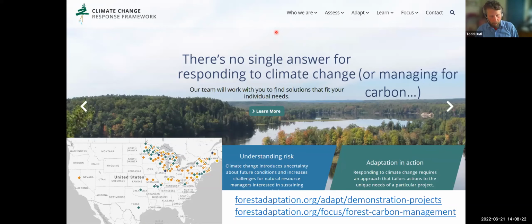And I put up in one of those slides, I mentioned the Climate Change Tree Atlas. And this is a tool that was developed and is maintained by the Forest Service, by the scientists with the Northern Research Station, that have done modeling to look at habitat suitability of different tree species. And this can be a really important way to be thinking about what tree species I might be interested in looking towards to plant, whether it's in an afforestation scenario or in an enrichment planting scenario,